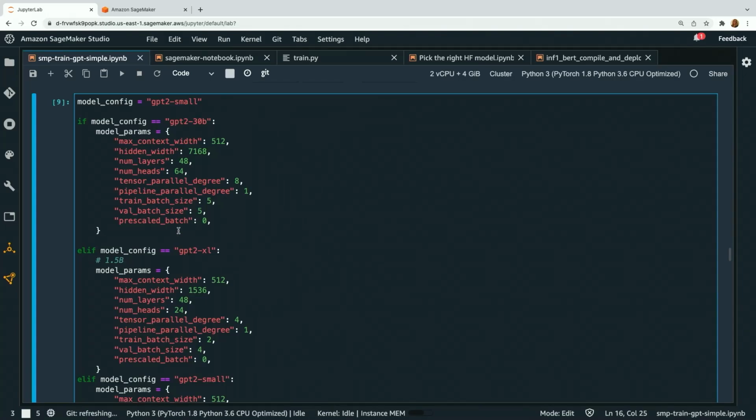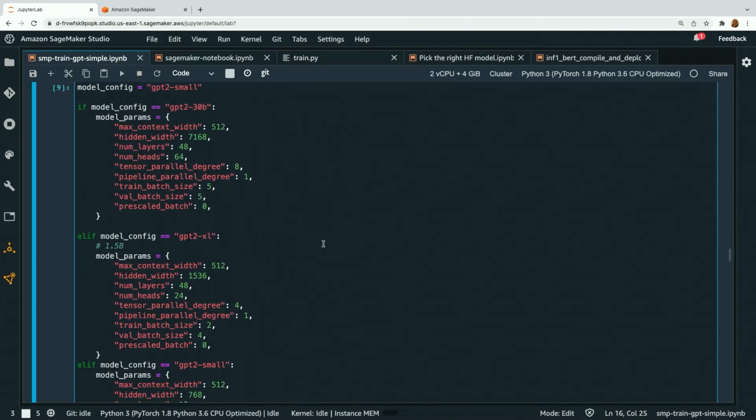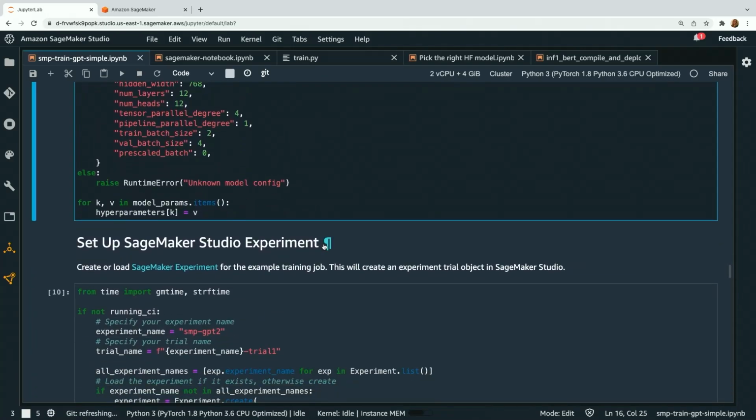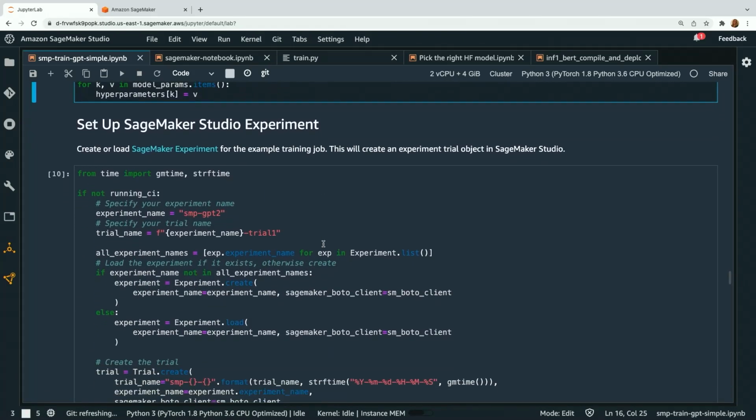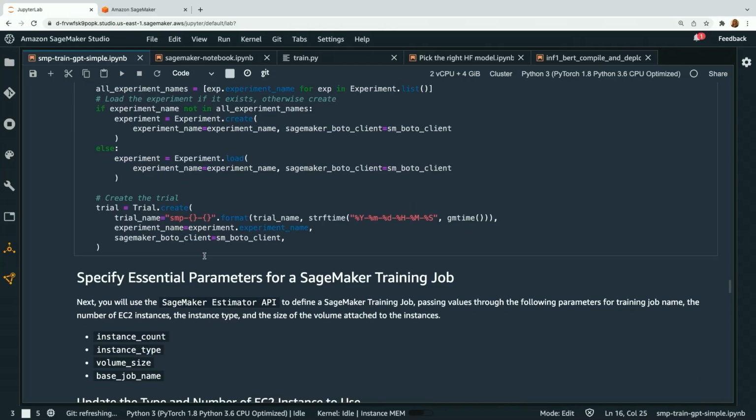And honestly, that's a pretty big jump going from 1.5 to 30. I might consider 1.5 to maybe 13 billion parameters is a more common sort of middle step. So definitely increase the size of your generator as you get fruit from your experiments as they've shown value. So that's that. So we're gonna set up Studio, just create this experiment.